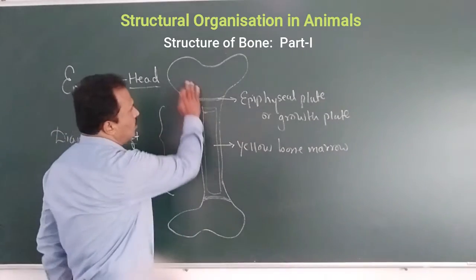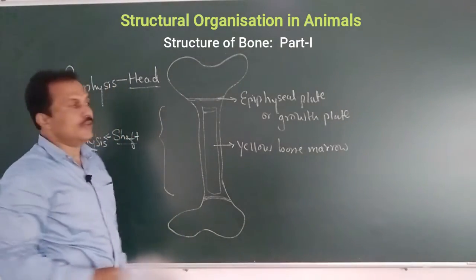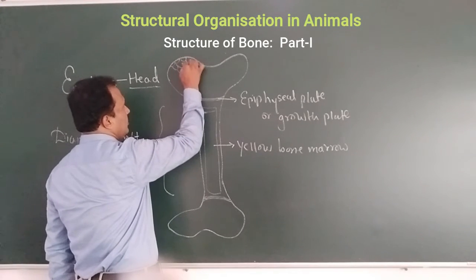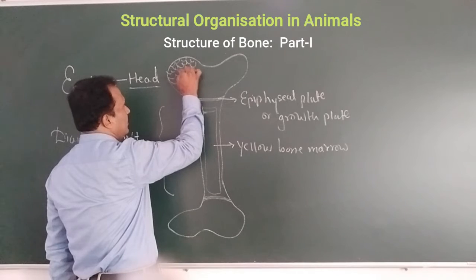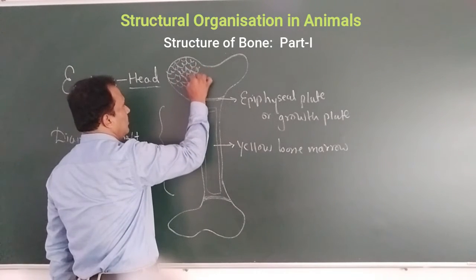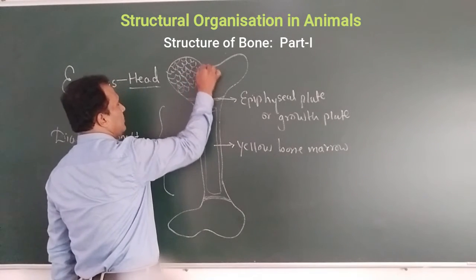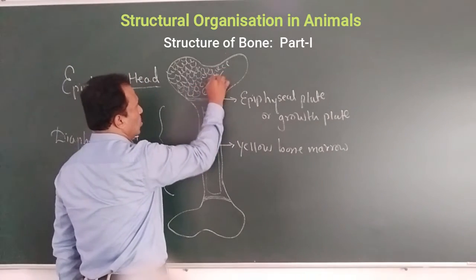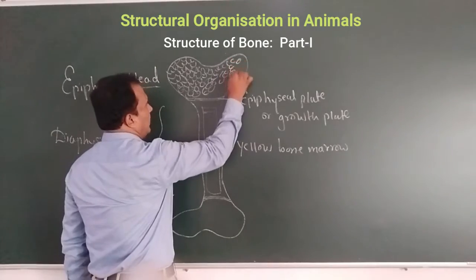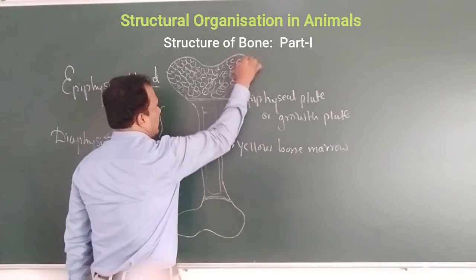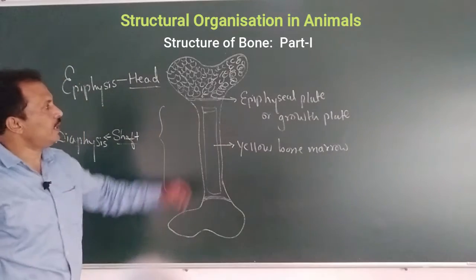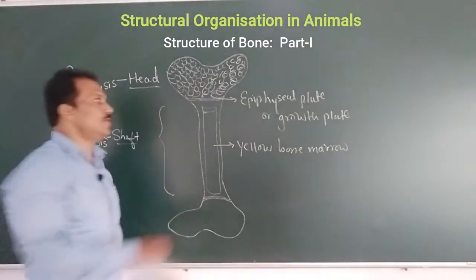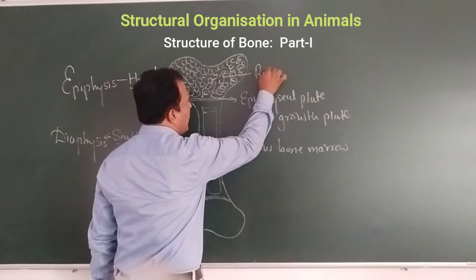Second part, when we talk about the epiphyseal region, at this region the structure of bone is somewhat not very compact. It has some cavity-like structure. Inside you will not find the compact type of bone. Here if you open it you will find this type of picture, and this epiphyseal area is filled with red bone marrow.